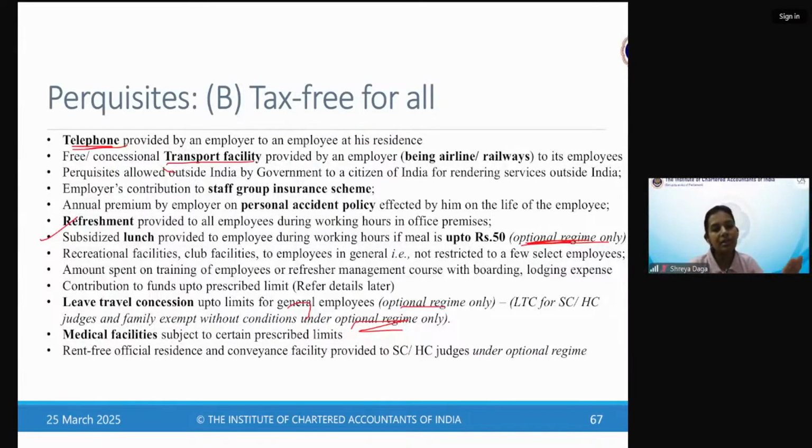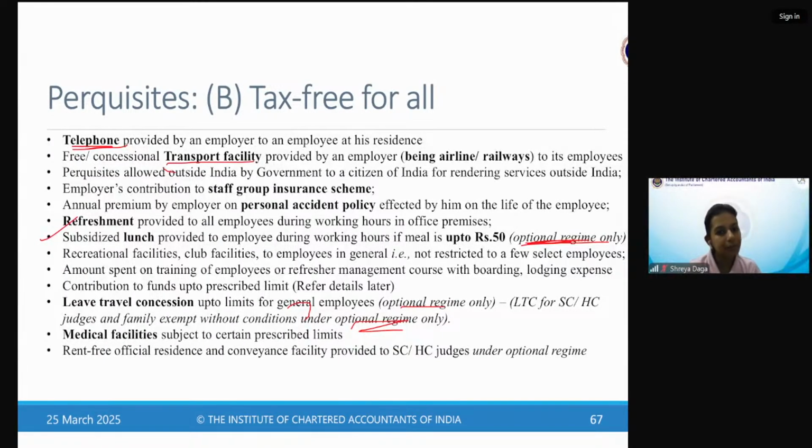And no benefit is available to any employee, no category of employee, under the default regime for leave travel concession. Okay? Medical facility. कुछ मेडिकल फैसिलिटी सबके लिए टैक्स फ्री है, because health is a primary service, it's a very important service. So on the grounds of equity and empathy, income tax has given some exemption to certain types of medical